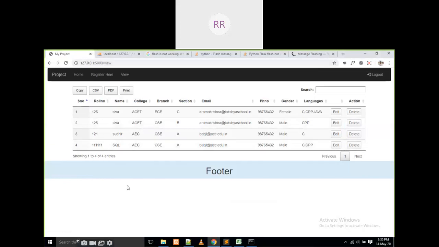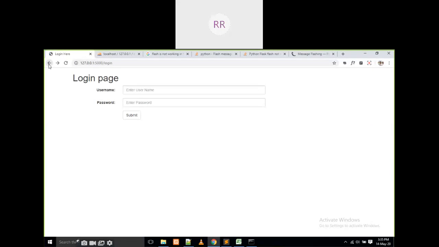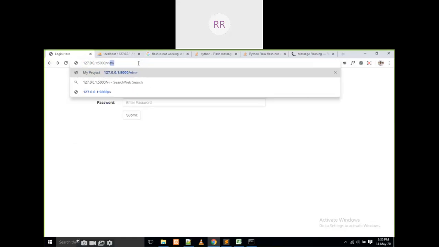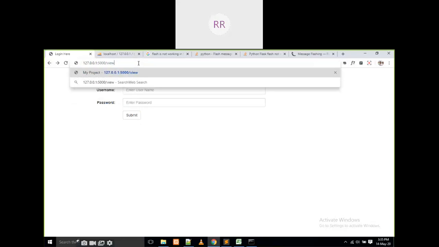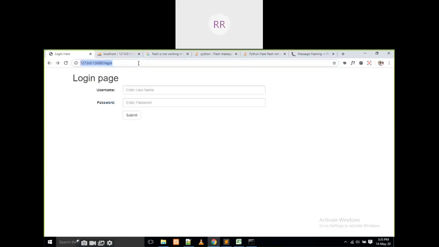But what I am going to do means, if the login is perfect, then only I have to give some access. If the login is not perfect, and you know the views, the URLs, everything, if you click like this, it will be moving into that page. No, we cannot do like that. We have to give some security. For example, if I don't know your Gmail and password, can I enter without the username and password? No, I cannot enter into the Gmail account, right? The same thing here also, we have to create some sessions to create security here.